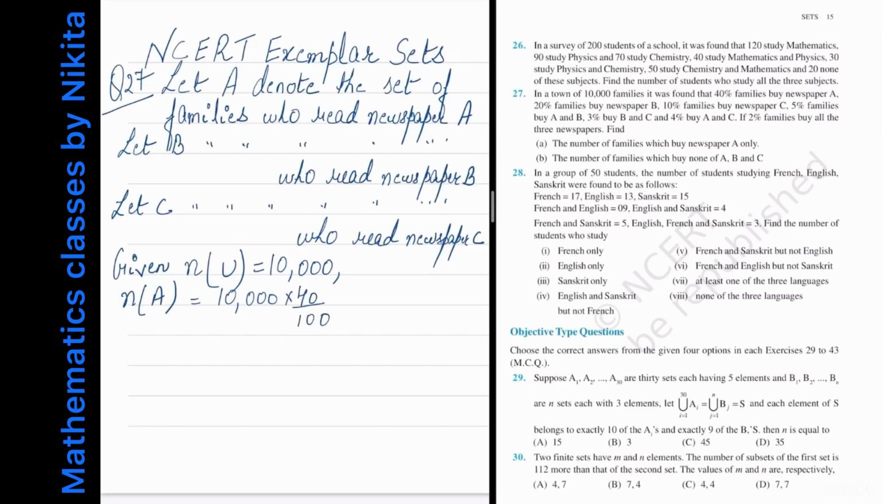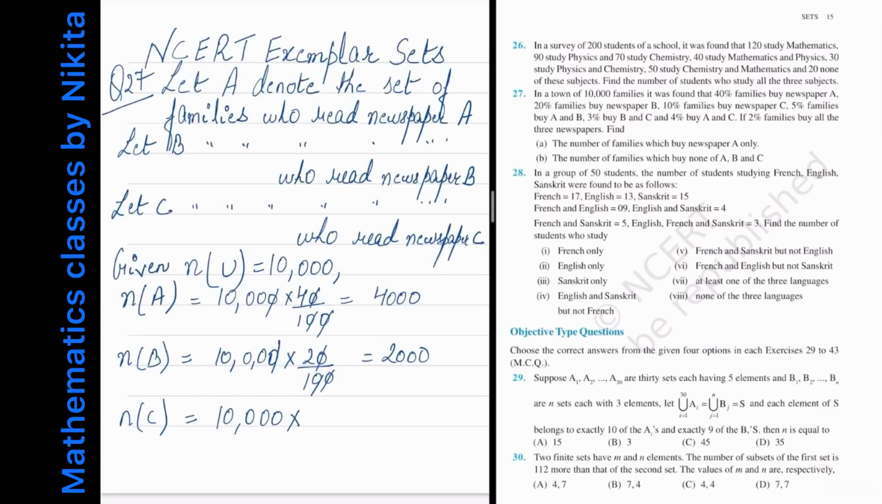और what you can do is आप परसेंटेज के अंदर ही चल सकते हो और एंड के अंदर आप परसेंटेज को नंबर में कन्वर्ट कर सकते हो, but I am converting in the starting only. Okay, so this will be equal to 4,000. Similarly N of B is equal to 10,000 का 20%, which is 2,000. Then N of C is equal to 10,000 का 10%,